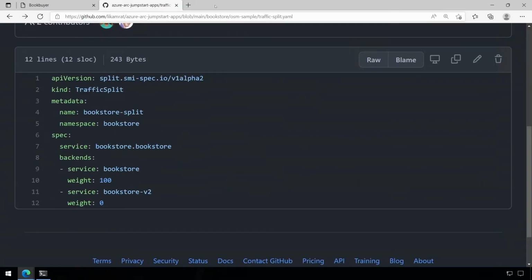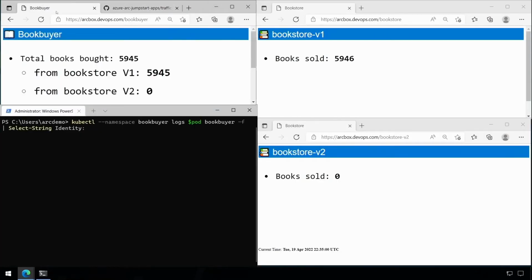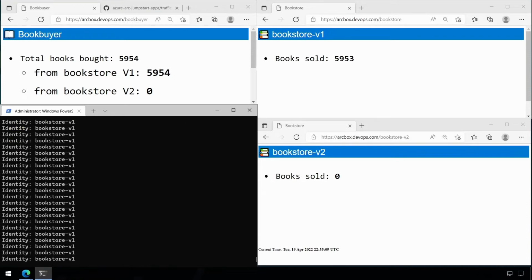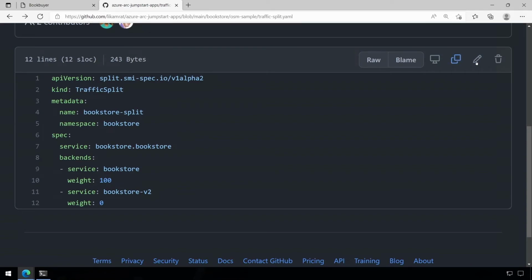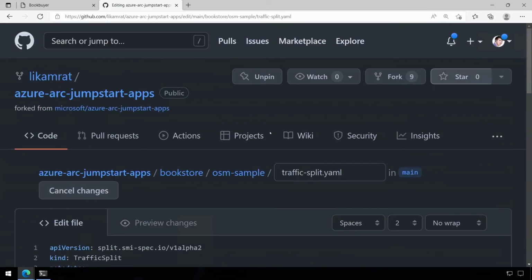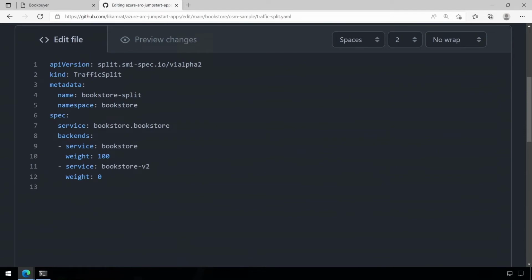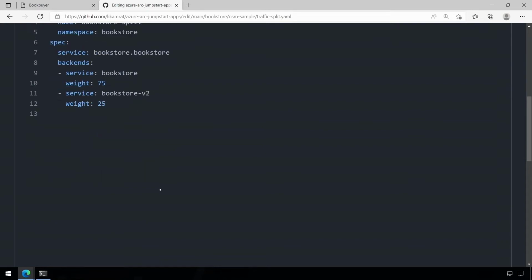Before initiating the blue-green process workflow, let's run a simple kubectl command to monitor the deployment and its Kubernetes pods. We will come back to the repository and apply a change to the traffic split policy by updating the YAML file to 25% of web requests that will be routed to use version 2 of the application. The Azure Arc-enabled Kubernetes GitOps config that uses Open Service Mesh will pick up the change and will apply it